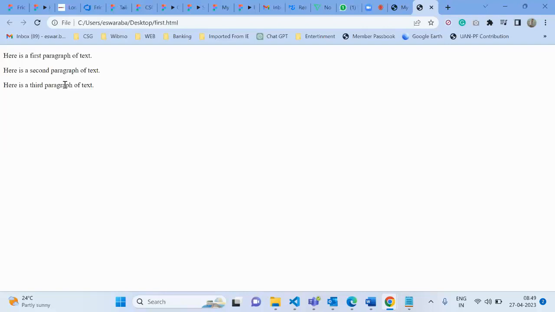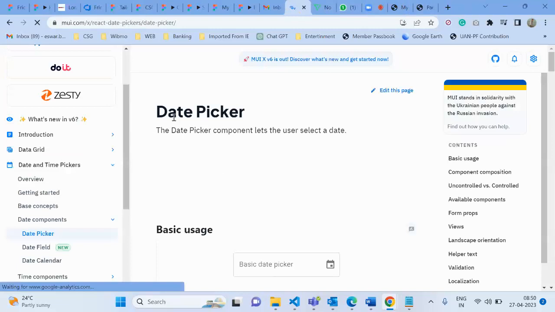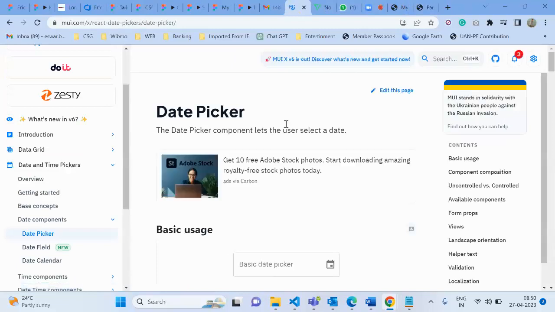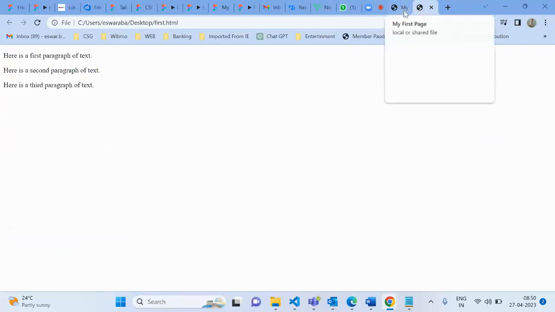Initially you should understand the purpose, how to create, and how we are doing it. That's all. Depending upon the requirement, for example, by seeing this example you can give this one as a header, this one as a paragraph. Like that, we can create our own. You understand?